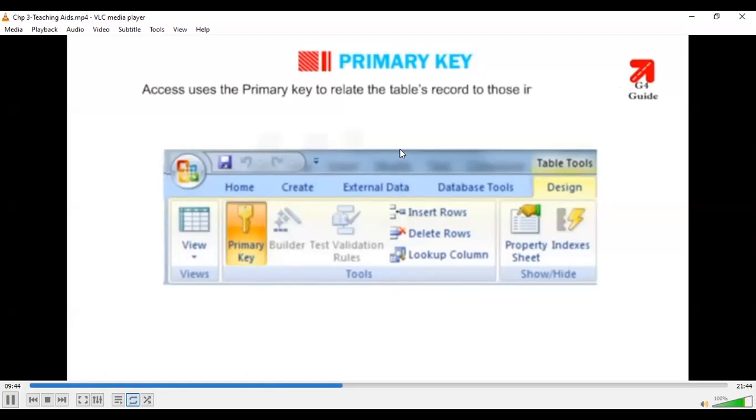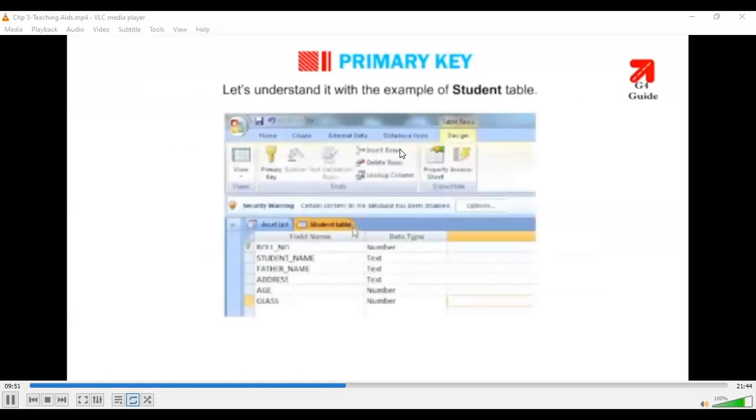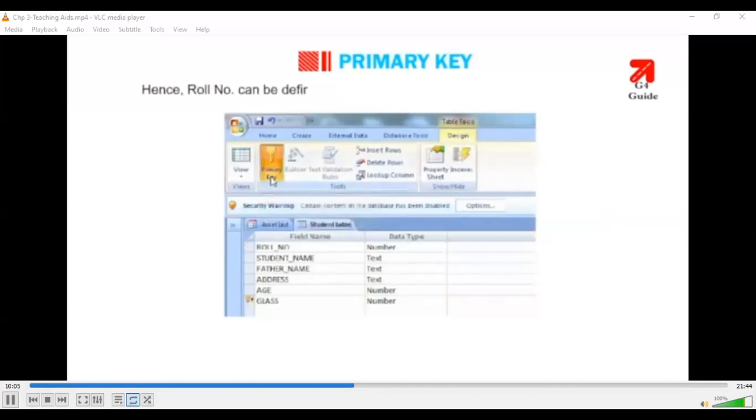Let's understand it with the example of a student table. As we all know, each student in a class has a unique roll number, which cannot be assigned to any other student. Hence, roll number can be defined as a primary key to uniquely identify each record.